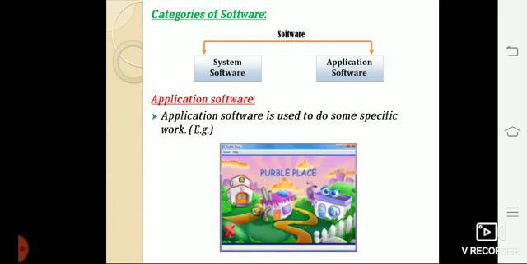Next, categories of software. Software is categorized into two types: system software and application software. First, we are going to see application software. Application software is used to do some specific work. Example, Pebble Pace. This gaming application is used to play games on the computer.